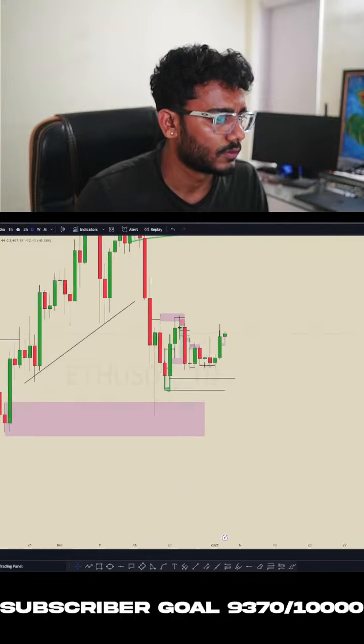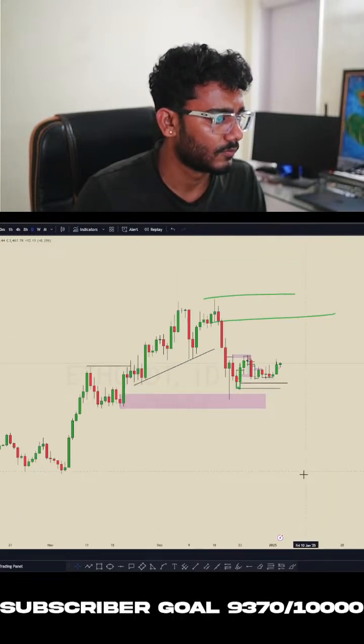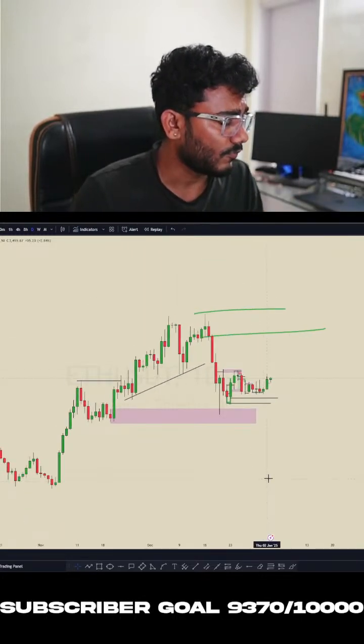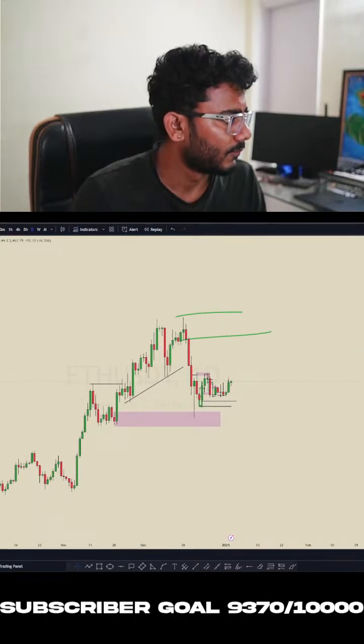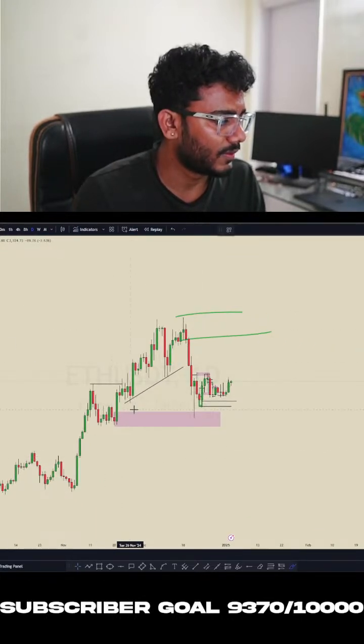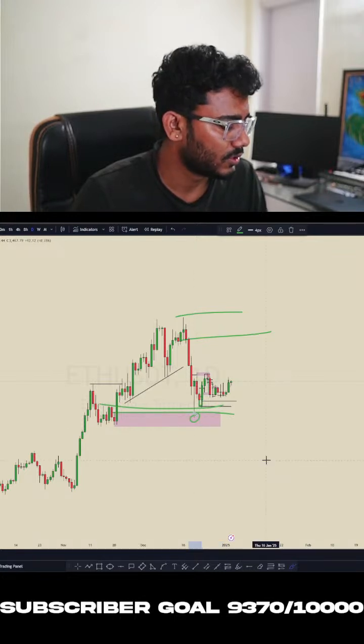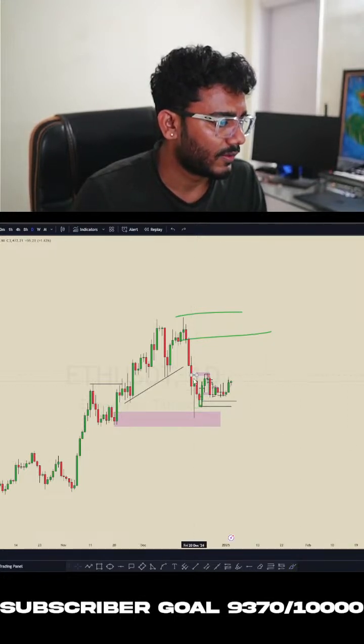Okay, so as you can see on Ethereum, price has tapped this daily FVG, and there was an order block which was mitigated. So if you see, price gave us a reaction from this order block, and then again